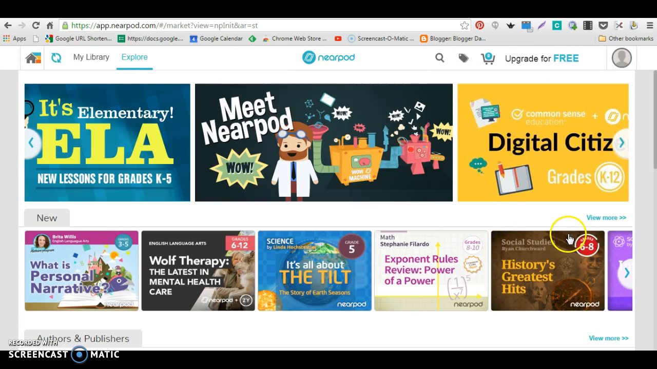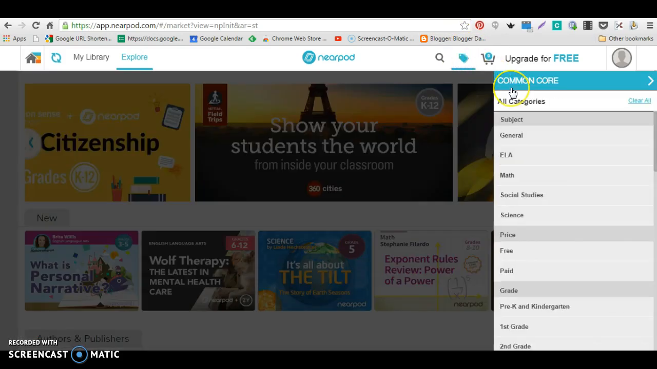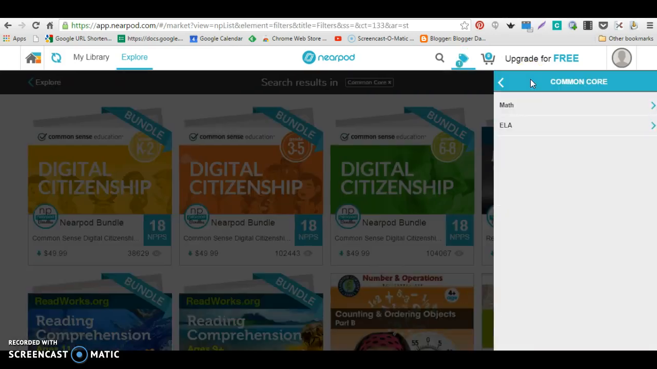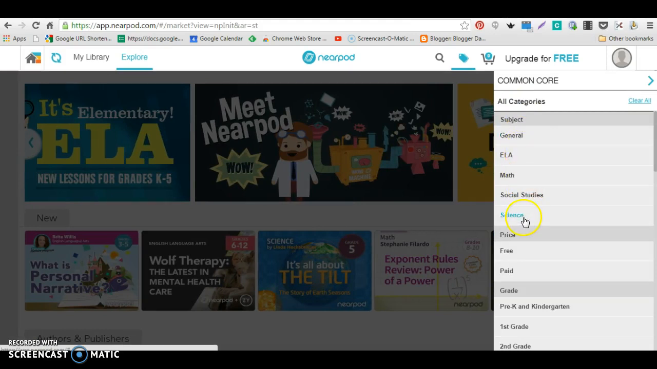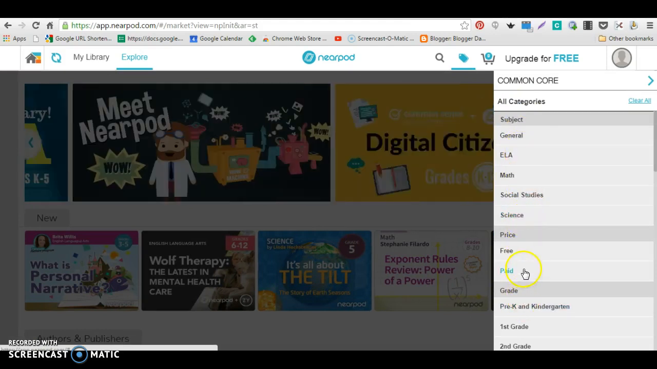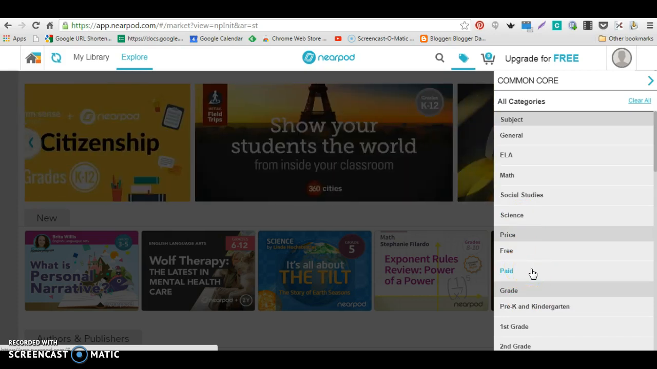You can download these and use them as is or edit them to fit your needs. By clicking on the tag here, you can find Nearpods based on Common Core standards. You can search by subject matter, by grade level, or by free or paid. There's also, further down, you can search by author, so if you know someone that's created a Nearpod, you could